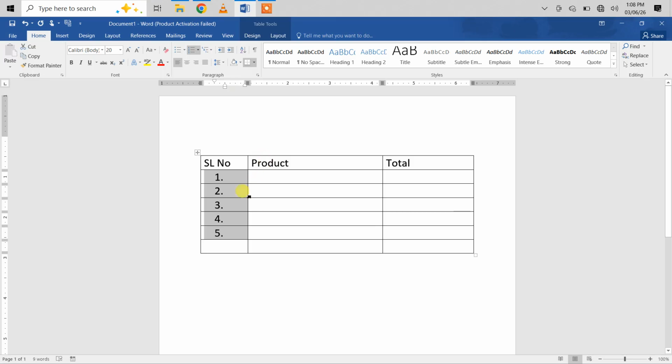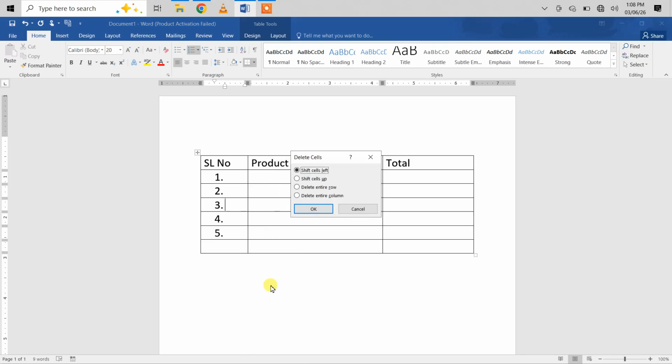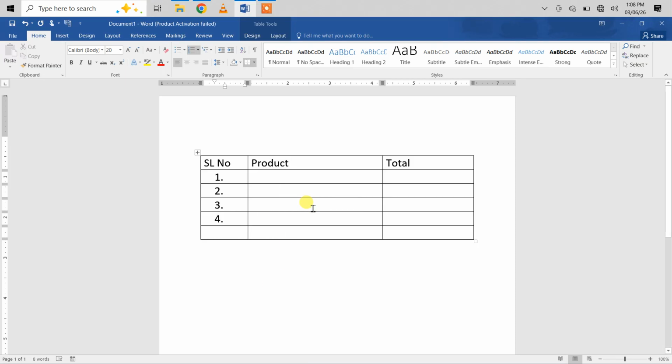The beauty of this particular option is that if you just delete a row, right click and then delete cells, we will be having delete entire row. OK. So see, the numbering has adjusted itself. If you had given the numbering manually, then this numbering wouldn't have got updated. You have to manually again